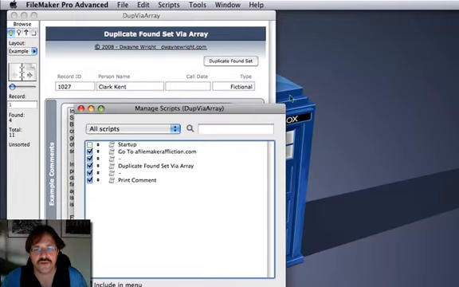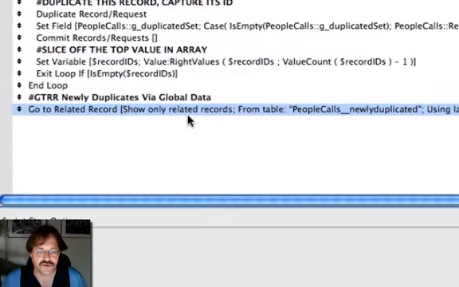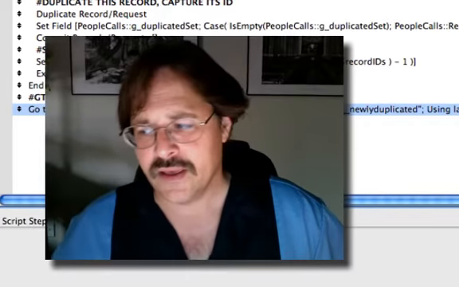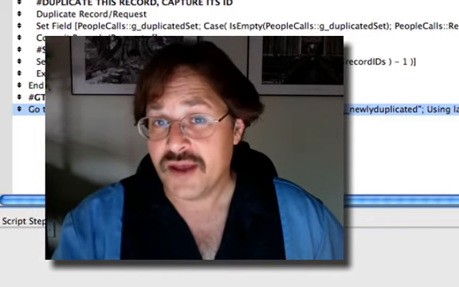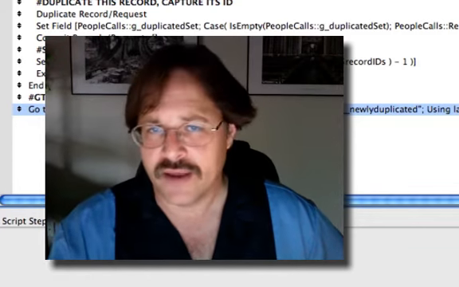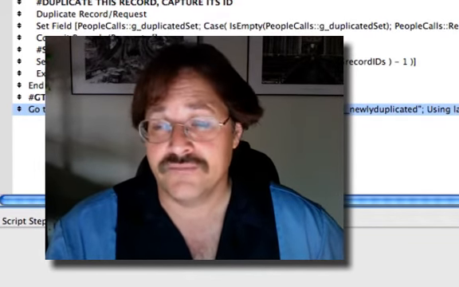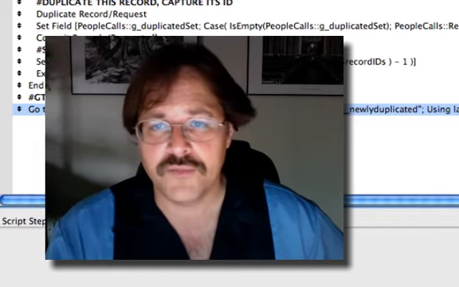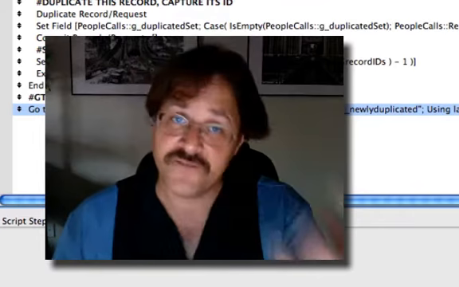So what I want to do now to wrap this up is to talk a little bit about this go to related record script step. A lot of people don't grasp what the found set is. The found set is a smaller set of the overall records, and you're saying, okay, yeah, I figured that out. But a lot of people think you ought to get there via find, and that's not true. You can actually omit a record from the overall records, and all of a sudden you've got a found set,